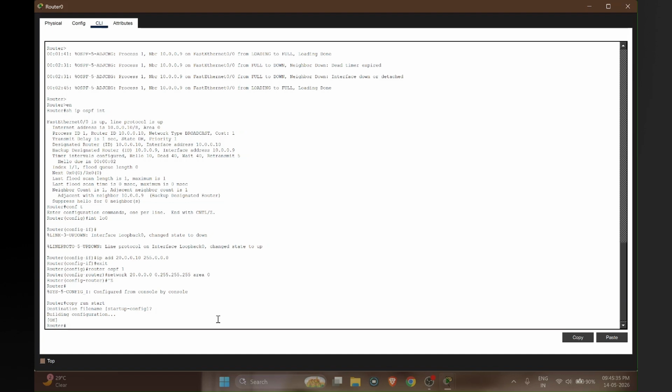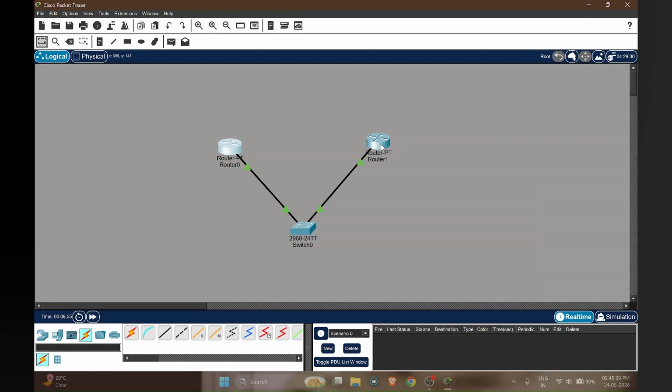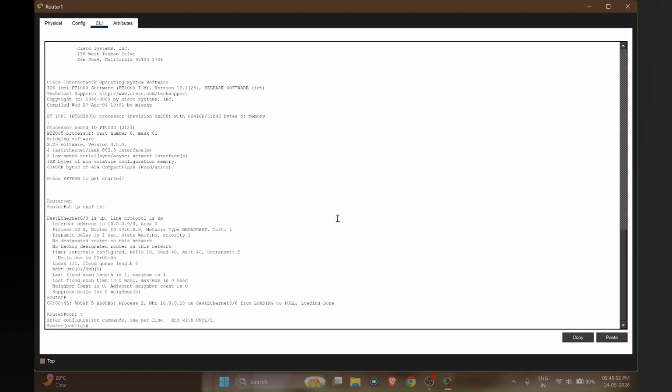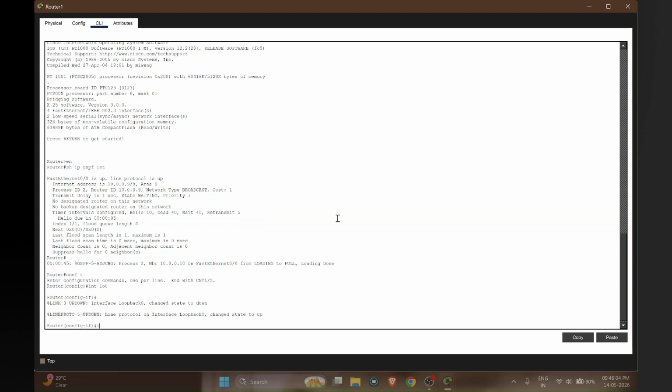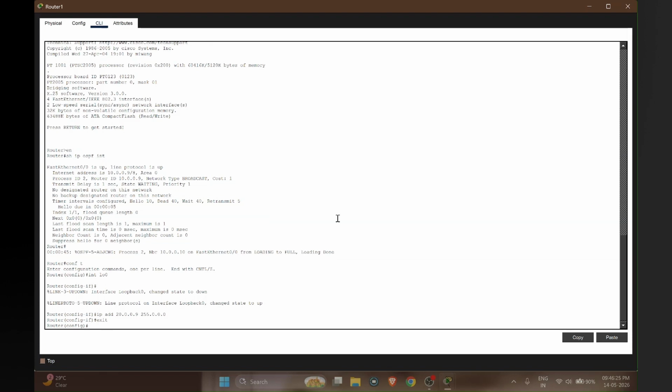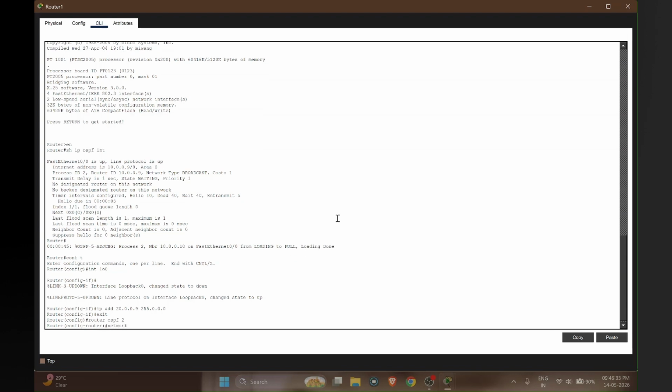Now let's go to router 1. Config, int lo0, IP address 20.0.0.9 255.0.0.0. Now creating a loopback interface on router 1. Exit. Router ospf 2, network